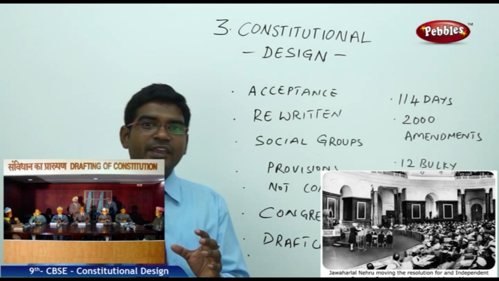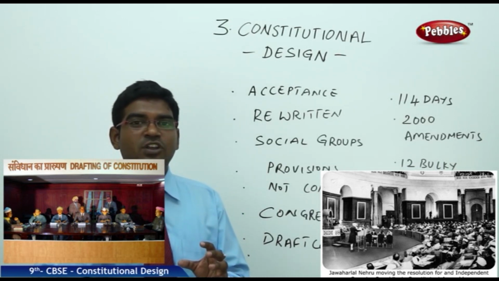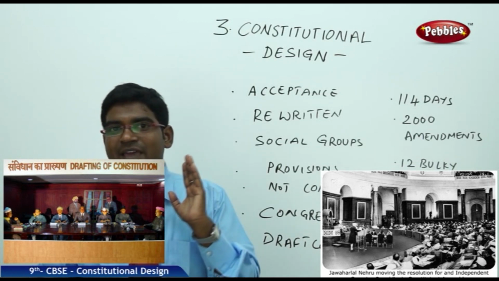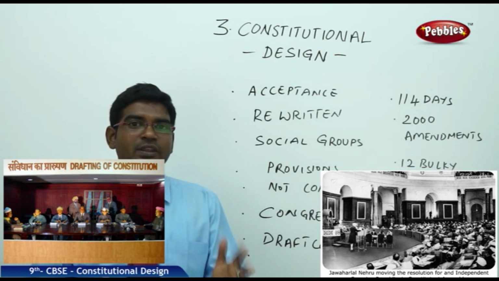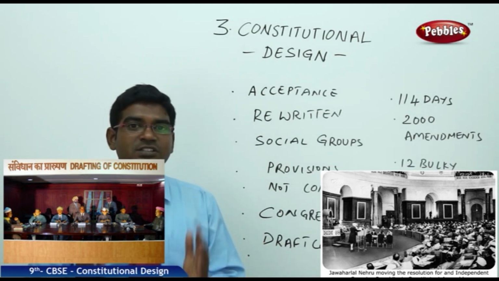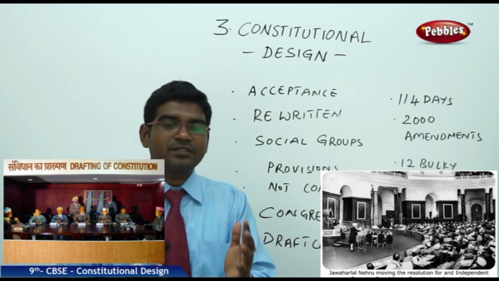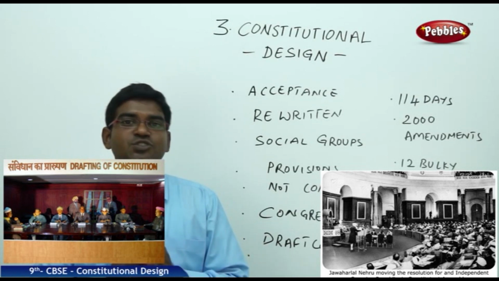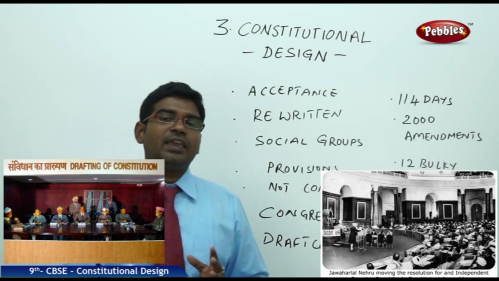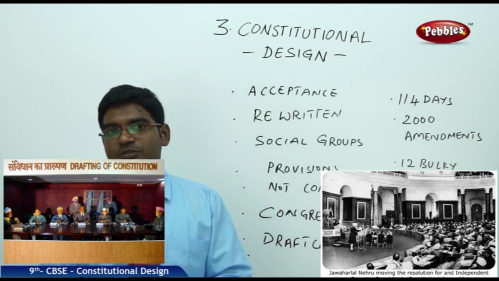What would be the action taken by the government if this kind of act has been performed by a citizen or an individual? What should be the action taken by the state government? What should be the action taken by the government at the union level? What should a citizen do? What should a citizen not do? What are his rights? What are his duties? What are the other things which he should not perform? Everything has been explained in detail in the constitution.